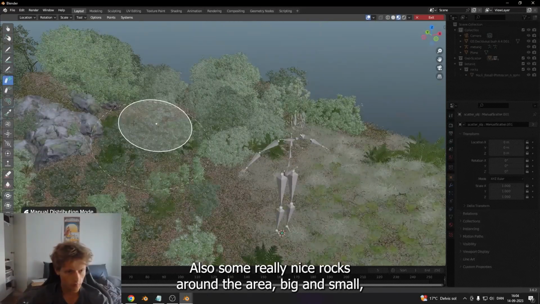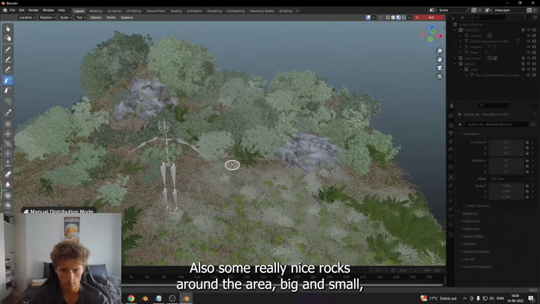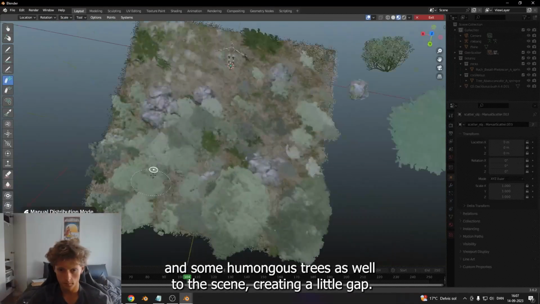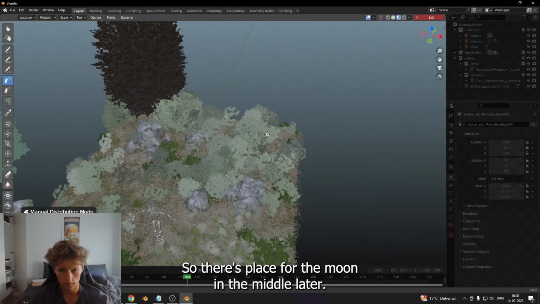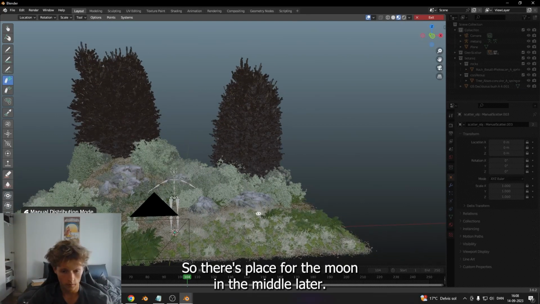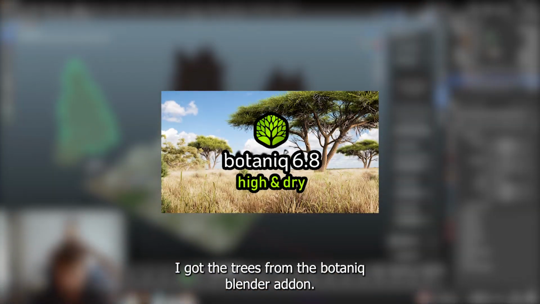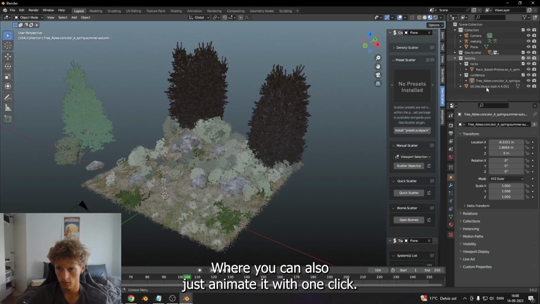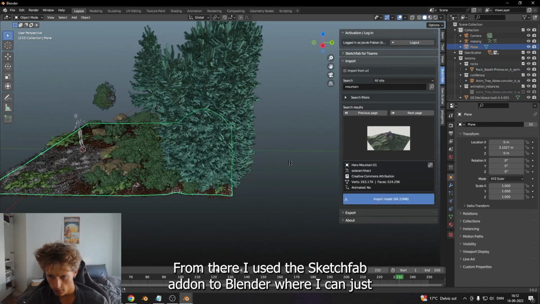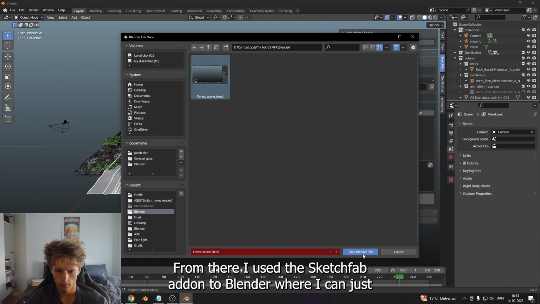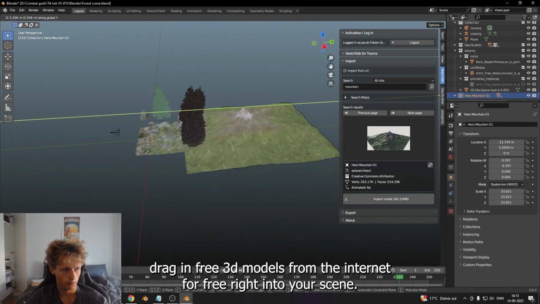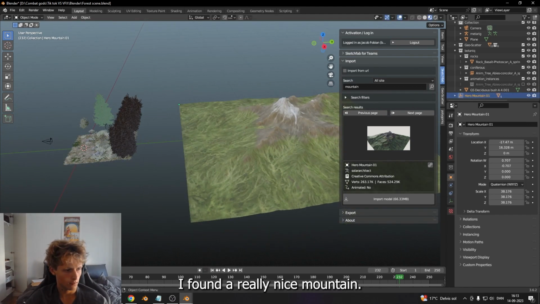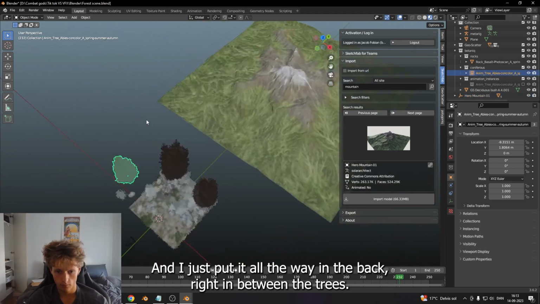Also some really nice rocks around the area, big and small, to differentiate a little bit. And some humongous trees as well to the scene, creating a little gap so there's place for the moon in the middle later. I got the trees from the Botanic Blender add-on, where you can also just animate it with one click. From there I used the Sketchfab add-on to Blender, where you can just drag in 3D models from the internet for free, right into your scene. I found a really nice mountain and I just put it all the way in the back, right in between